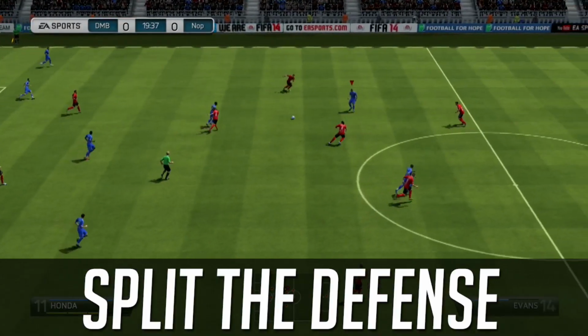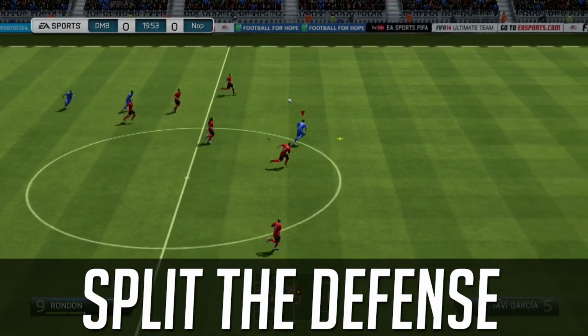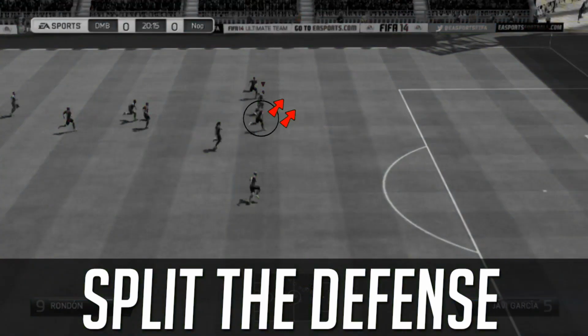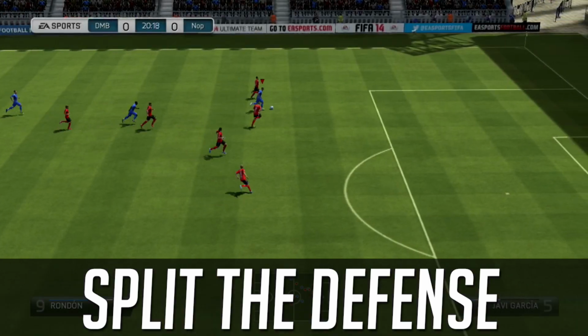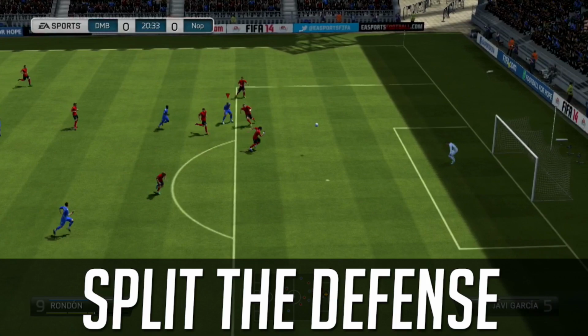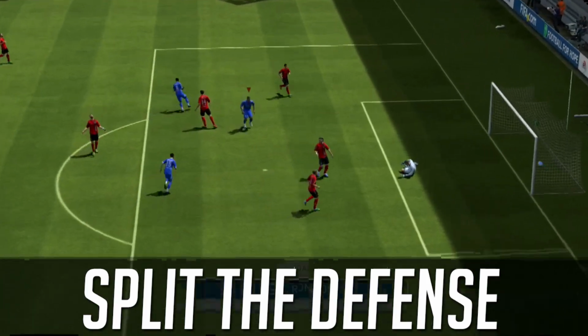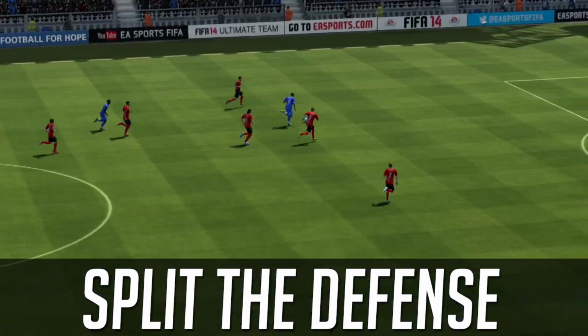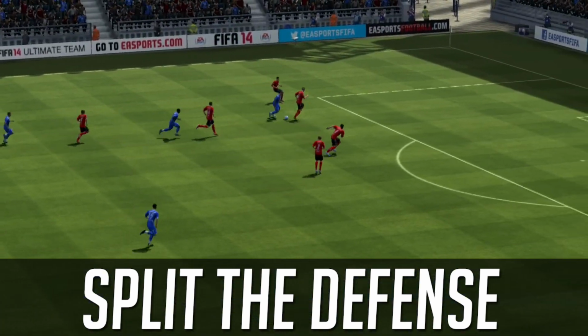Next up, we have splitting the defense, and this is all about using your opposition's momentum against them. So we've got a little bit of a mini break, a 1-on-4 opportunity, but it's pretty obvious that your opponent is going to be heading in this diagonal direction. So if you can shift to the middle, he's out of the play, he opens up his body, very easy finesse finish. And the key is using momentum,